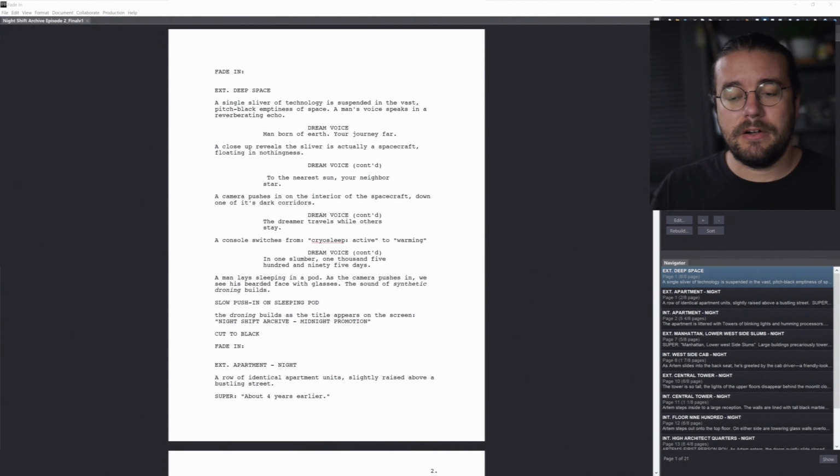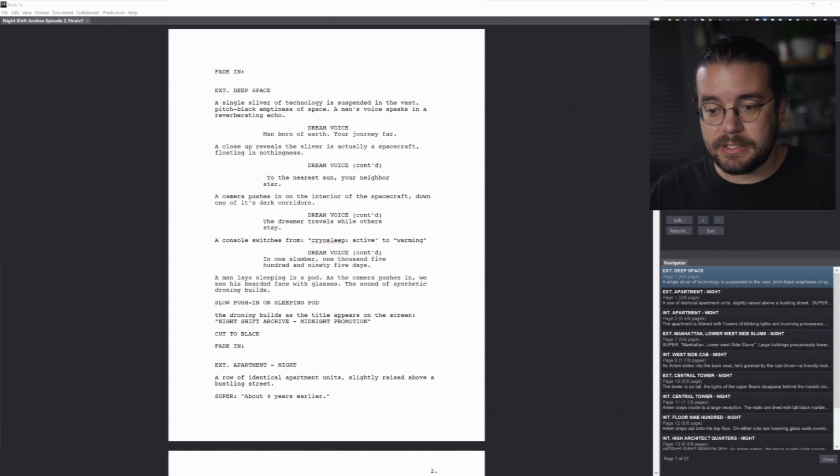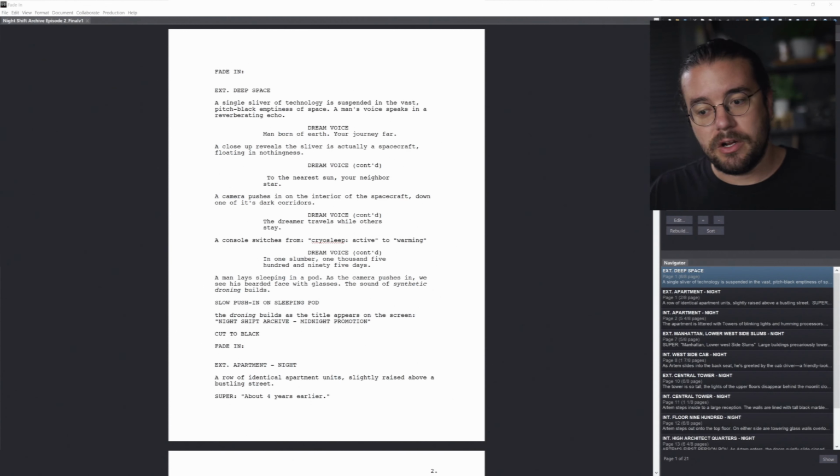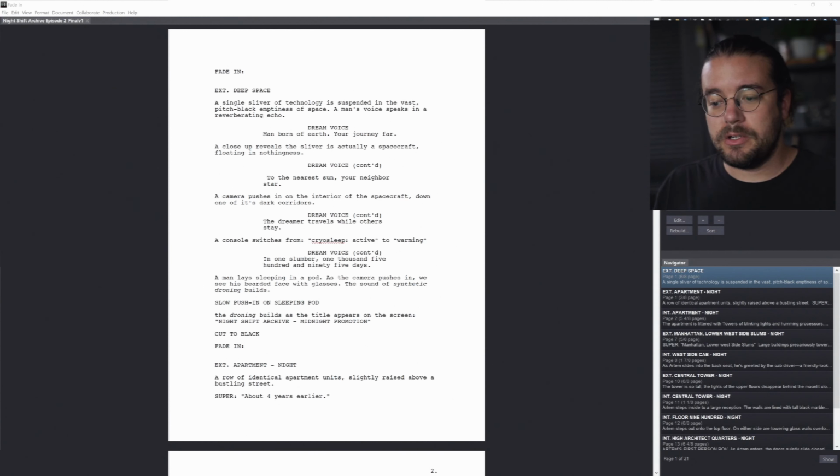Fade in, exterior, deep space. A single sliver of technology is suspended in the vast pitch black emptiness of space. A man's voice speaks in a reverberating echo. Dream voice: Man born of Earth, your journey far. A close-up reveals the sliver is actually a spacecraft floating in nothingness. Dream voice: To the nearest sun, your neighbor's star. A camera pushes in on the interior of the spacecraft, down one of its dark corridors. Dream voice: The dreamer travels while others stay. A console switches from cryosleep active to warming. Dream voice: In one slumber,